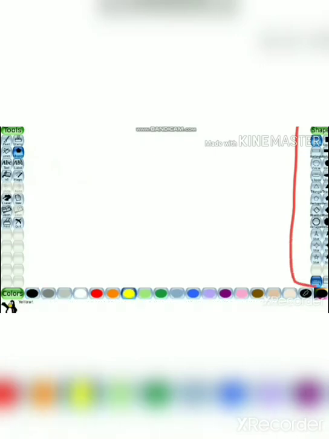Before reading the steps from page number 74, let's follow the steps and try it on Tux Paint. This is the Tux Paint window. And here are all the tools, and here are the shapes. When I click on the shape tool, all the options come up in the shape toolbar.